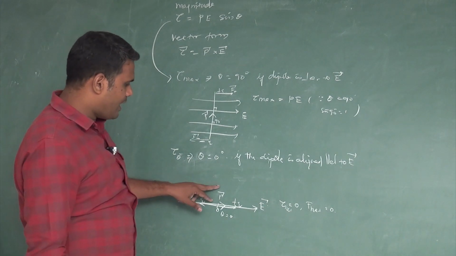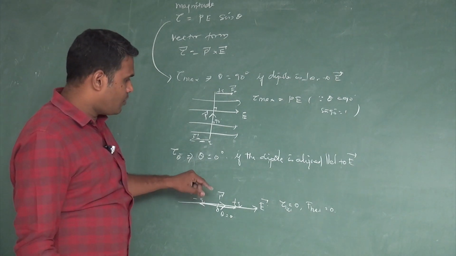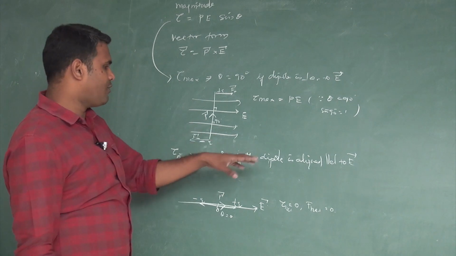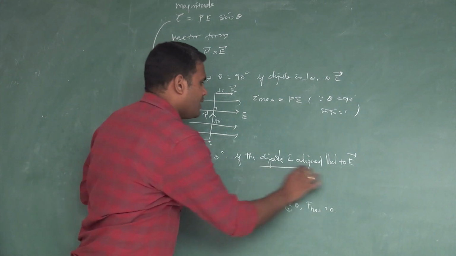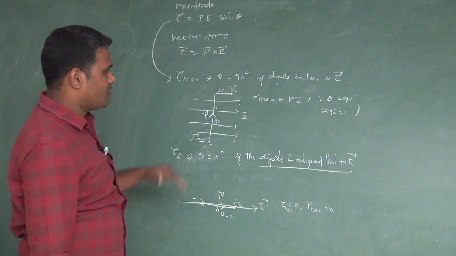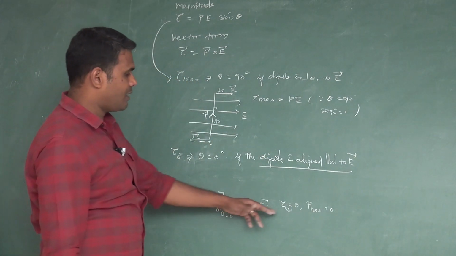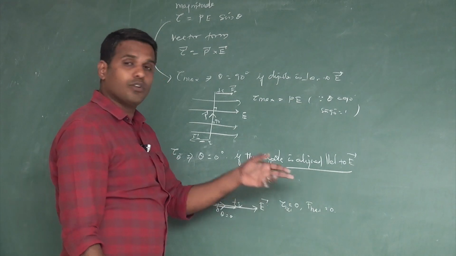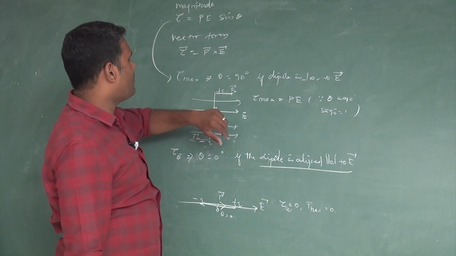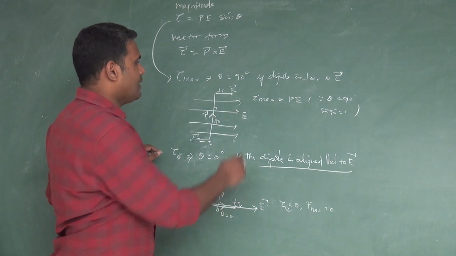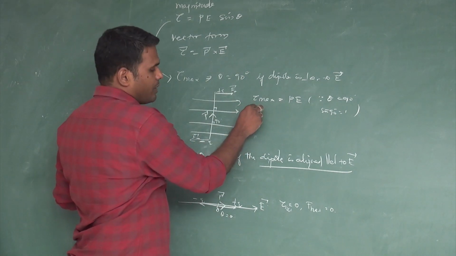So both the torque as well as the net force acting on the dipole are 0 when the dipole is aligned parallel to the electric field. In case of the dipole which is perpendicular to the electric field, the torque is maximum but the net force